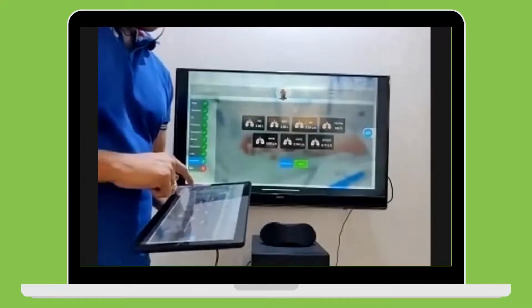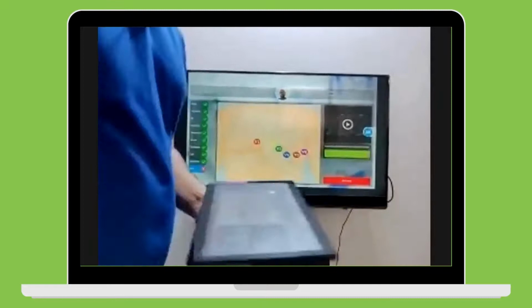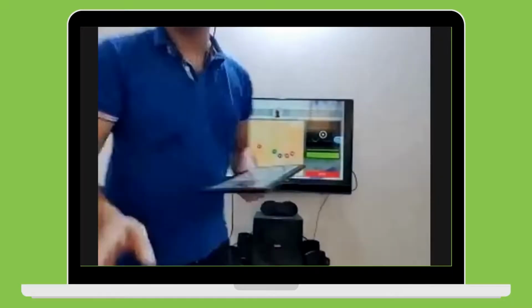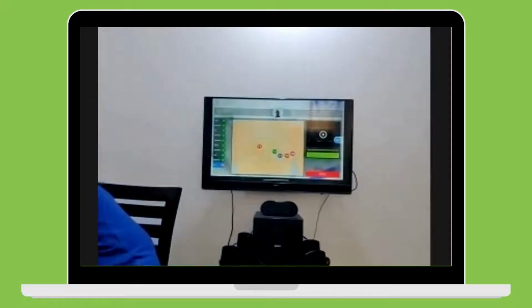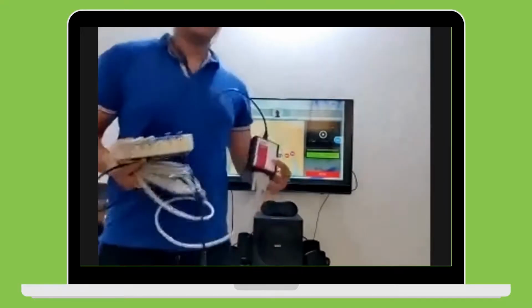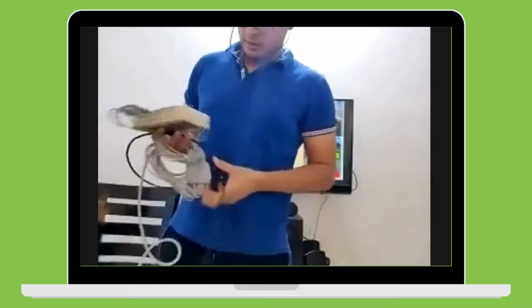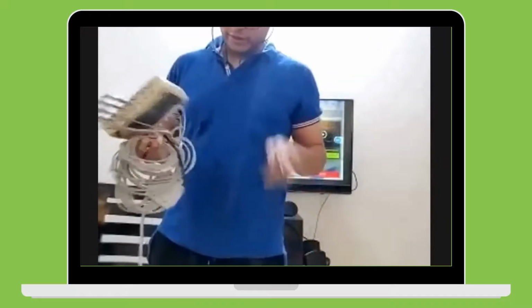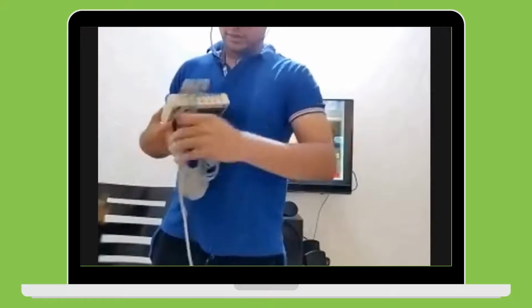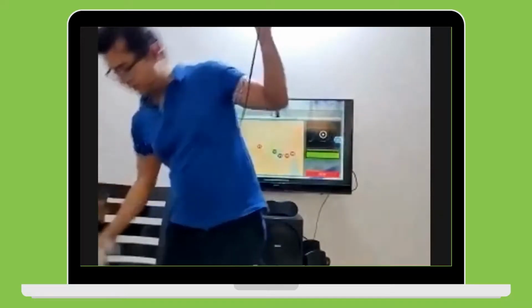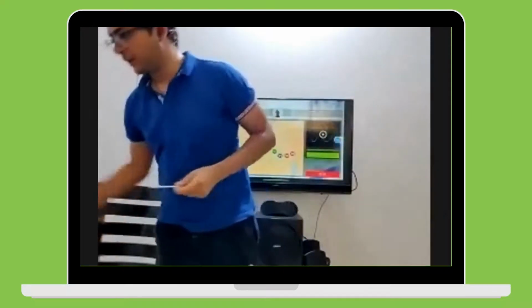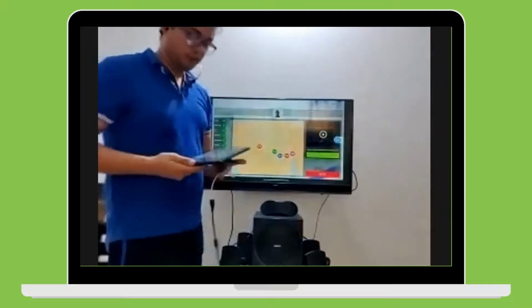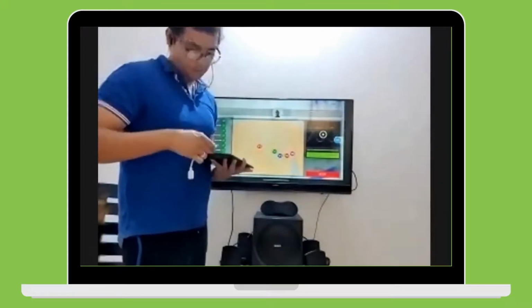Next, we have an ECG machine. For the ECG machine, it is a wired machine. We have a couple of options for the ECG machine also. So this is the ECG machine, and I have an ECG simulator with me. For this ECG machine, you actually need a bed. The leads, as you can see on the screen, go on the chest, and then one wire goes into the tablet.